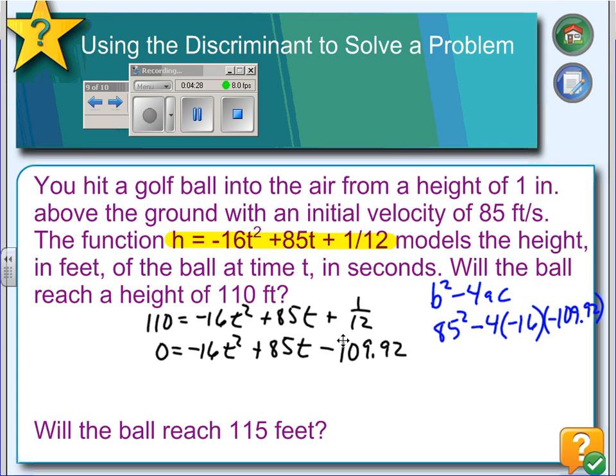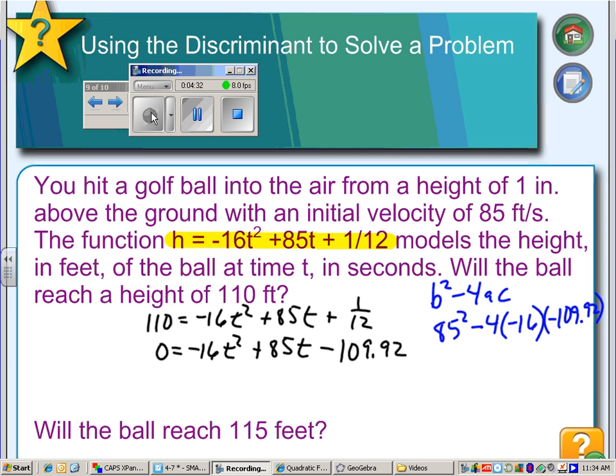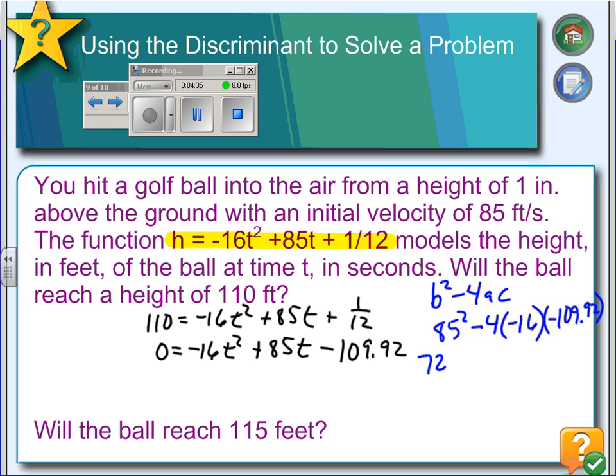Okay, calculating that, we get 85 squared is 7225. 4 times 16 times 109.92 is 7034.88. Since there are 3 negatives, that'll be subtraction. 7,225 minus 7,034.88 gives us 190.12. Since this is a positive number, I know I will get 2 real solutions,